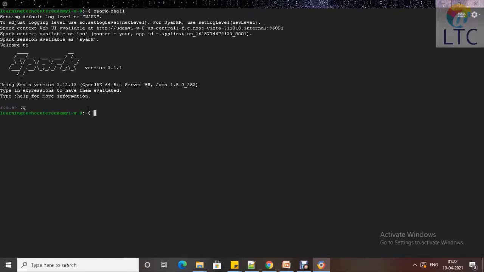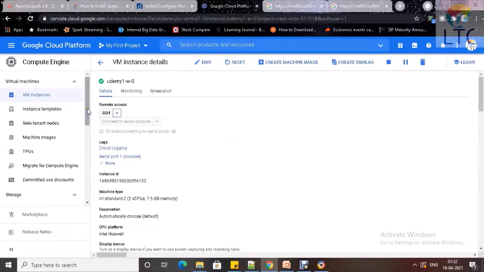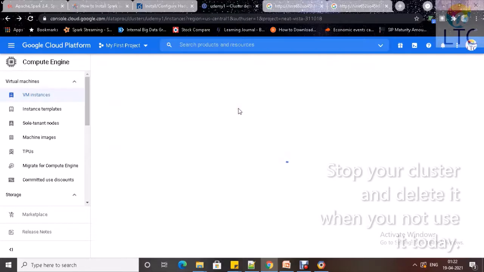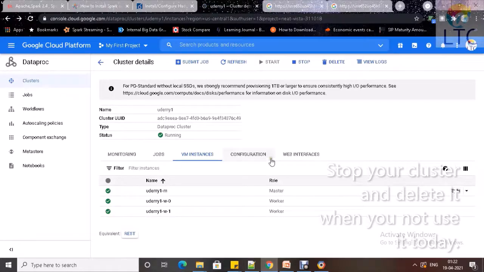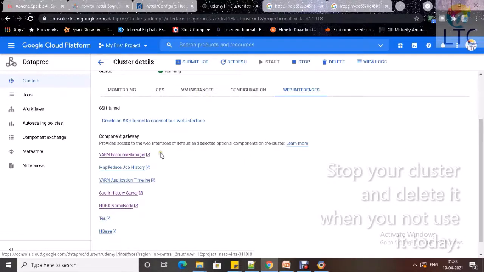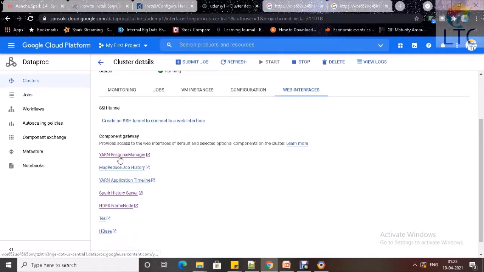See, it's only the second or third video of this course, and you know how to set up freely, without paying anything, without much configuration. You can do practicals of Spark. So this was our cluster. Now we know how to log in to that machine, as well as where the web interfaces are, what my machine names are, and I told you about these URLs, right?